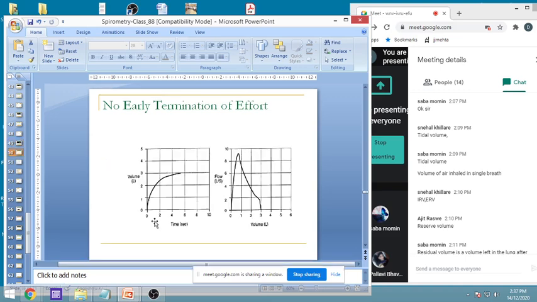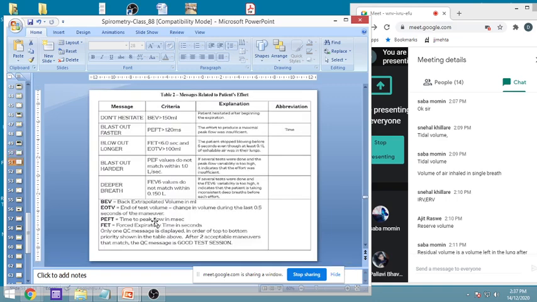So no early termination or effort should be there. If effort is stopped early, then these are the normal curves, and you will get different curves from that. Messages related to the patient, if the BEV, that is the extrapolated volume, is there,